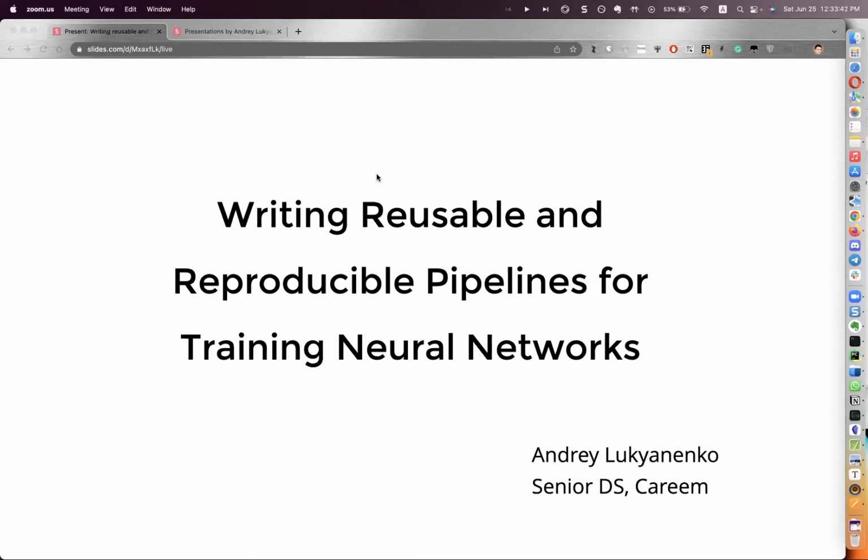So first of all, what is a training pipeline? The training pipeline is code for training neural nets and producing something: checkpoints with model weights, logs, and so on. Maybe, for example, images for interpreting the model. Of course, everyone who trains neural networks writes some training pipelines, but I talk specifically about reusable pipelines, which can be used for different datasets and different tasks without changing many things.